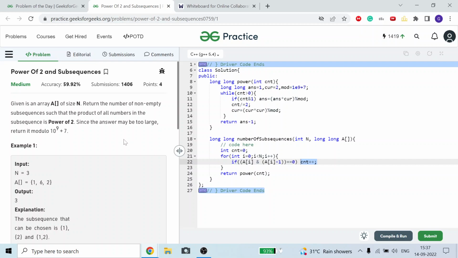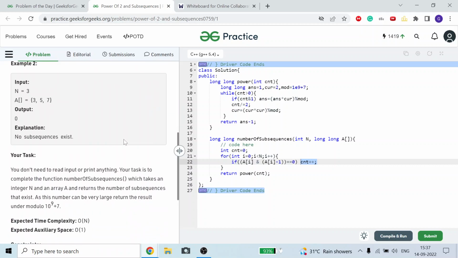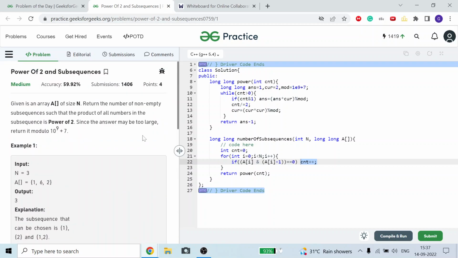Either you have to make subsequences. This will look like a simple DP problem of subsequence, but because here it is given that the product is 2 raised to the power n, there is some condition that I figured out using pen and paper. Then I found out only powers of 2 are of use to me, because I can only multiply powers of 2. All powers of 2 should be in my subsequence to make the total product a power of 2.